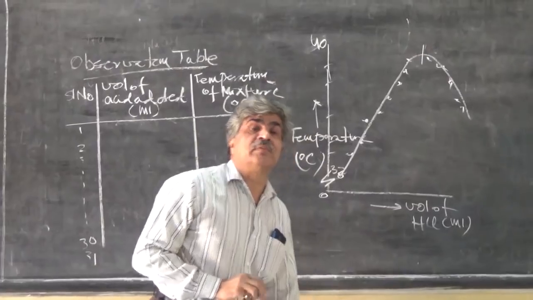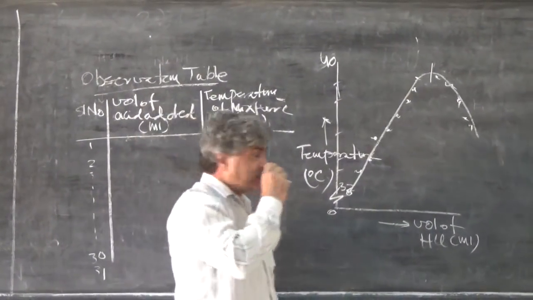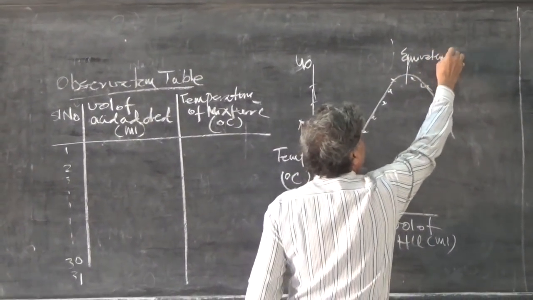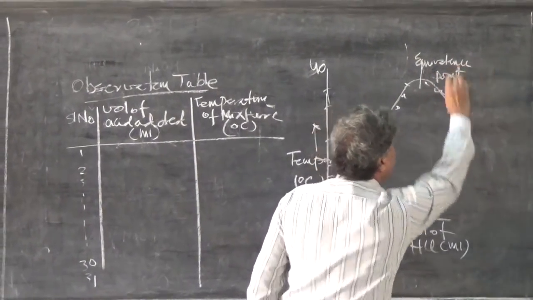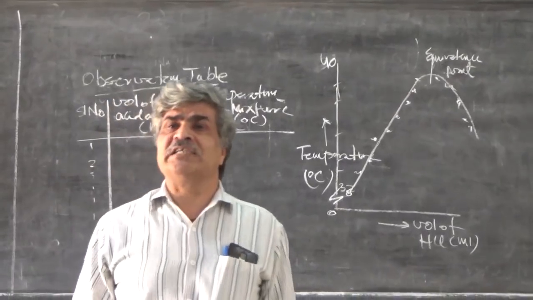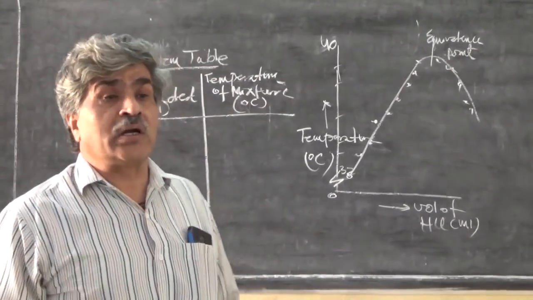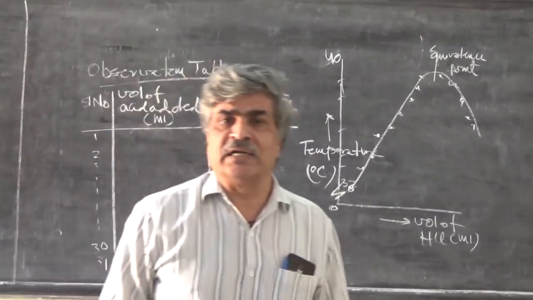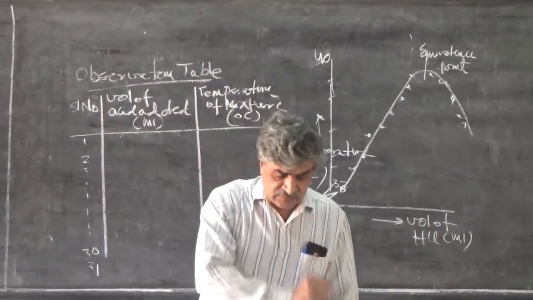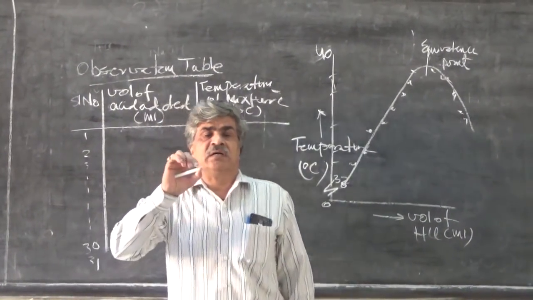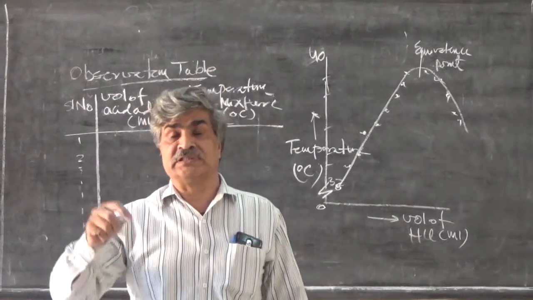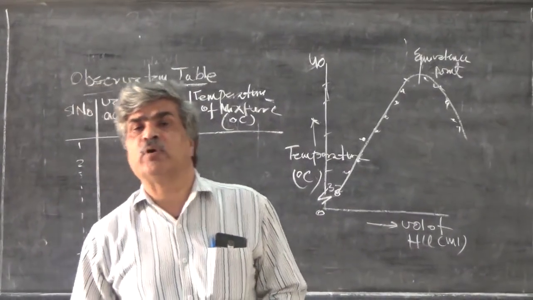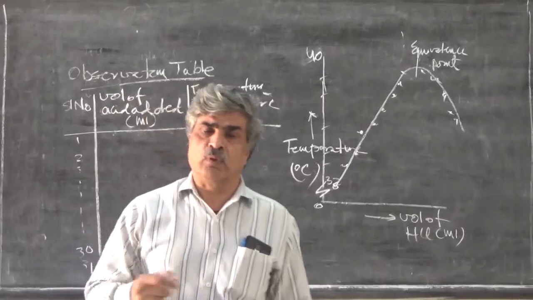We record it as the equivalence point. This highest point is the equivalence point. This highest point is not the end point. There is a difference between equivalence point and end point, and that difference is that end point is indicated by changing color of the reaction mixture, whereas at equivalence point, gram equivalents of both the reactants are equal.